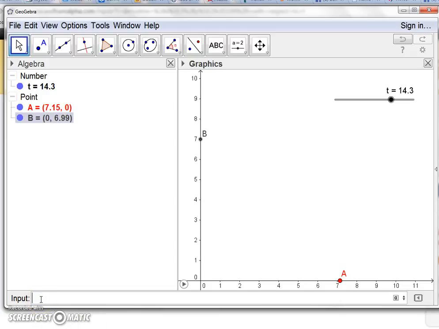I don't want to get mixed up with something, so let's call this, ABC, I'll just say the letter C. C equals, and I've got to remember it's the negative x, so negative, and remember my x comes from point A. So I'm going to say negative x of A, that's the x part of that coordinate,